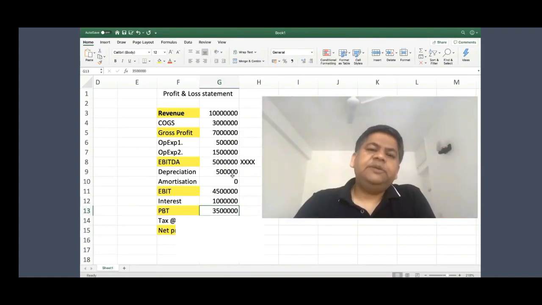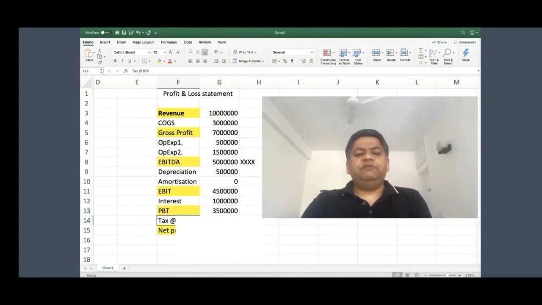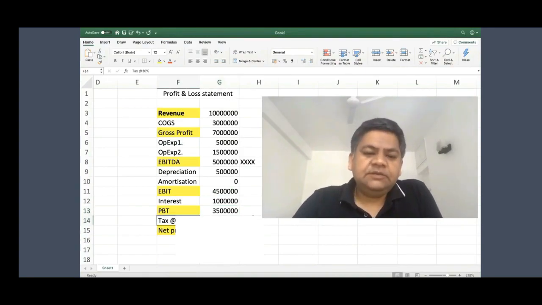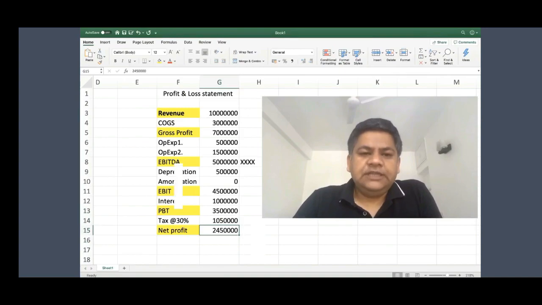Then only does the government tell you to now give the taxes. Let's say the rate at which you have to pay the tax is 30%. So 30% of 35 lakh rupees is 10 lakh 50,000. What is left is 24 lakh 50,000 rupees as the profit. So what you see is that in this